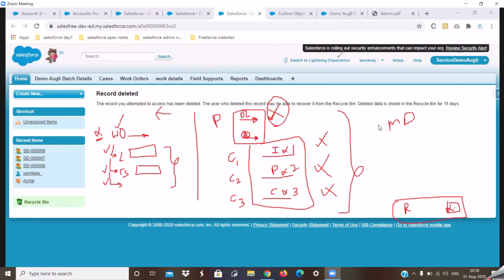Another important point to decide whether to use your lookup or a master detail relationship is if you want your child to be always connected to your parent. I would repeat, if you want your child to be always connected to your parent, that is where you will use your master detail relationship. If there is any scenario where you don't want your child to be linked to your parent, if there is only 5% of a chance where you don't want your child to be connected to your parent, that is where you'll go with your lookup relationship. If connecting to your parent is mandatory, then you'll go with the master detail relationship. If connecting to the parent is not mandatory, that is where you will go with your lookup relationship.